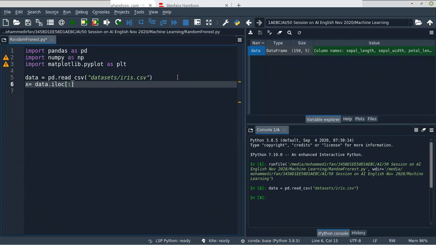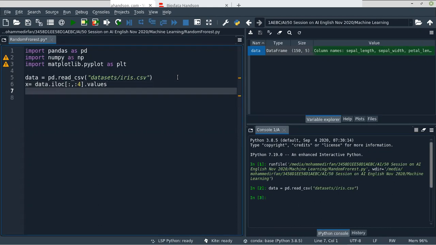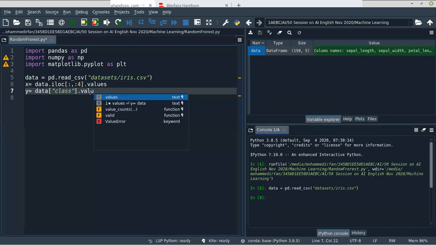The first four columns are independent features, so let me choose from the starting to the fourth column and convert this to numpy arrays. For y, the data of the class column is the dependent feature, so again we'll convert this to numpy arrays.